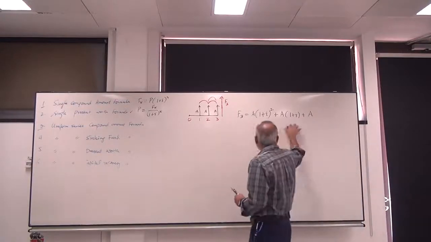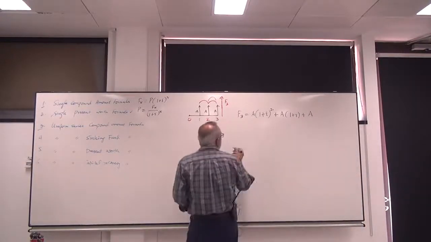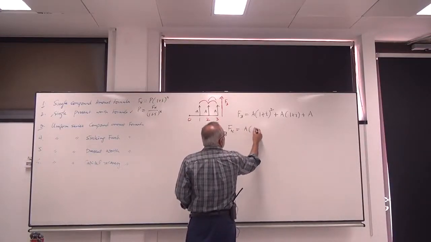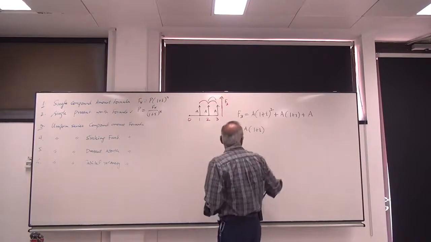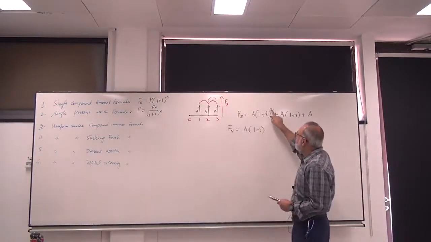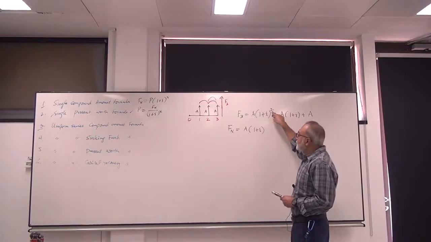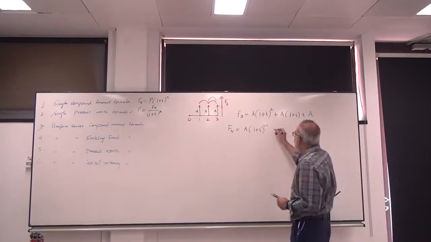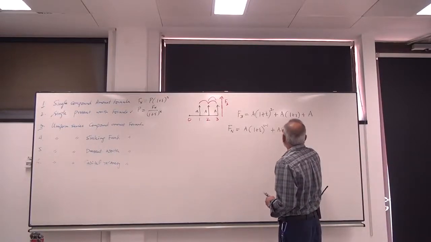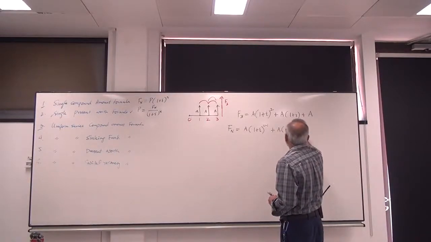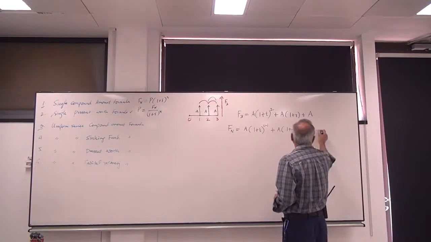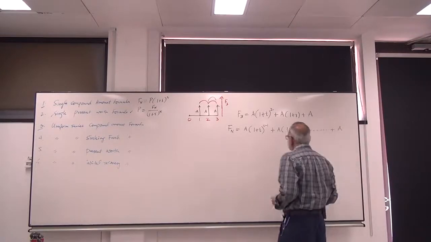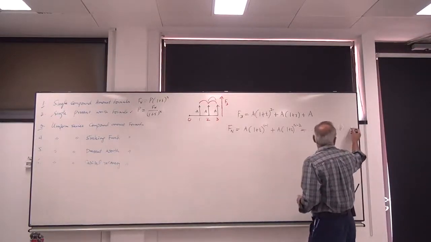Now let's generalize this equation and write it in terms of n. So we have Fn is equal to A into 1 plus I raised to power, as you can see over here we have 3, then here we have 2. This means that here we will have n minus 1, and then we have A into 1 plus I raised to power n minus 2, and plus so on, plus the last one will be A. Let's call this equation 1